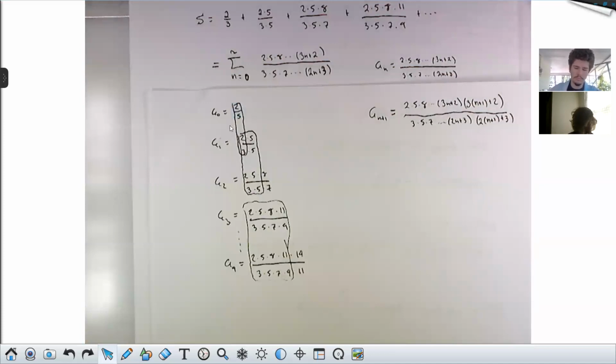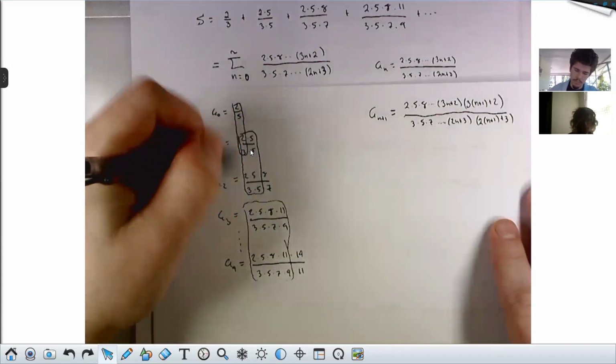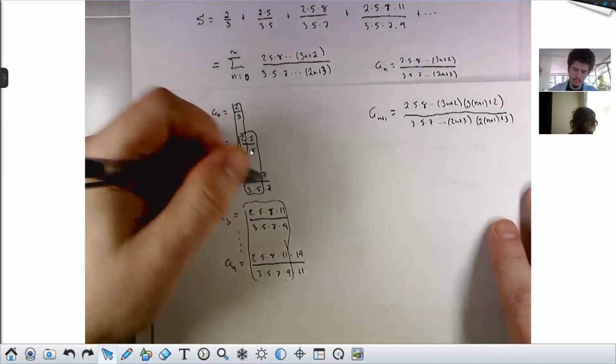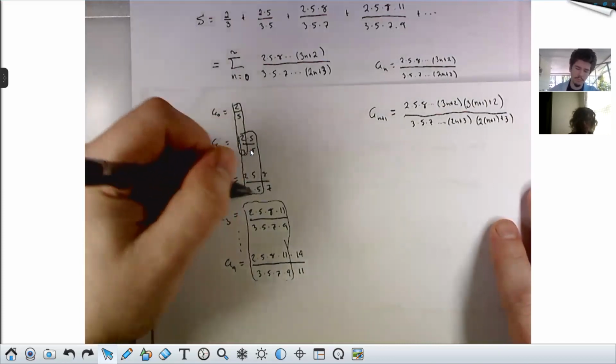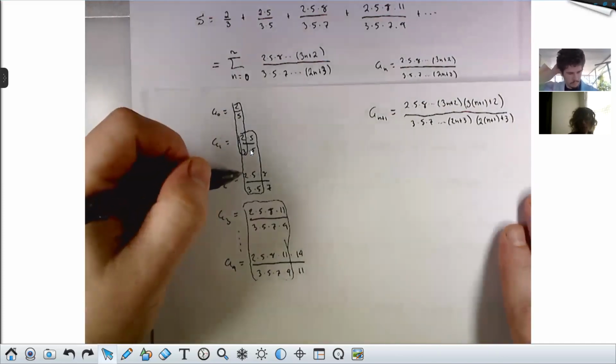So going from A0 to A1, we have the 2 upstairs and the 5 downstairs, and the 3 downstairs. But then you've got one more term in the product upstairs, one more term in the product downstairs. Going from A1 to A2, you see that same thing: 2 times 5, 2 times 5 times 8, 3 times 5, 3 times 5 times 7. And you could play the same game going from A2 to A3, right? If you look